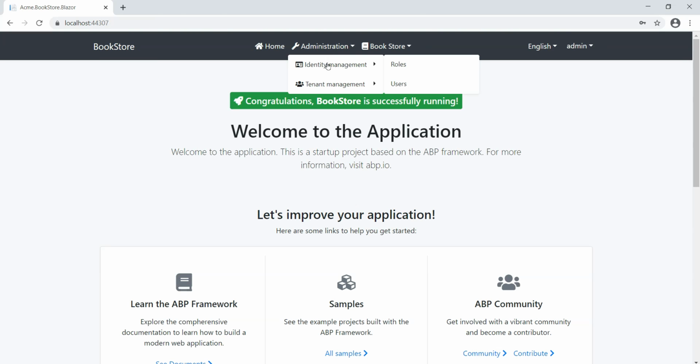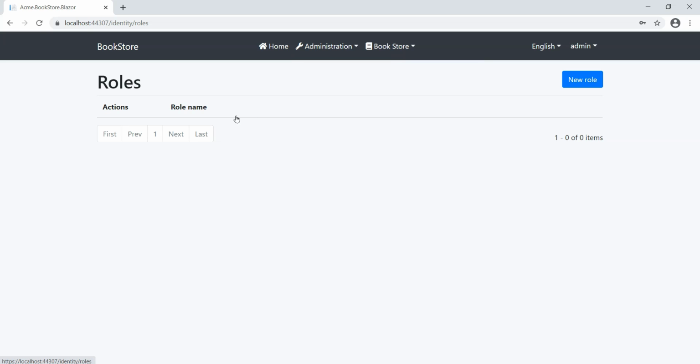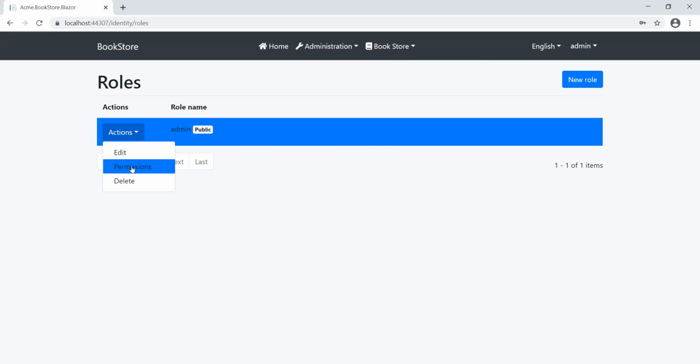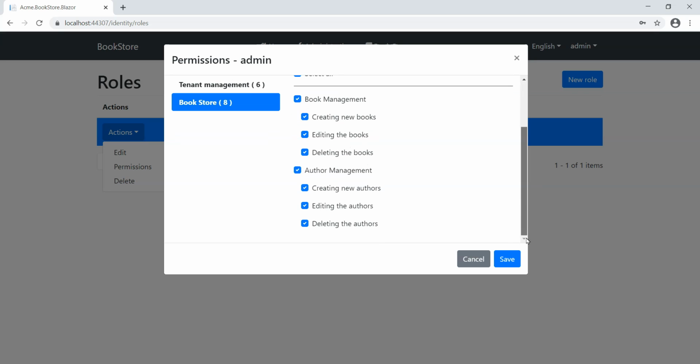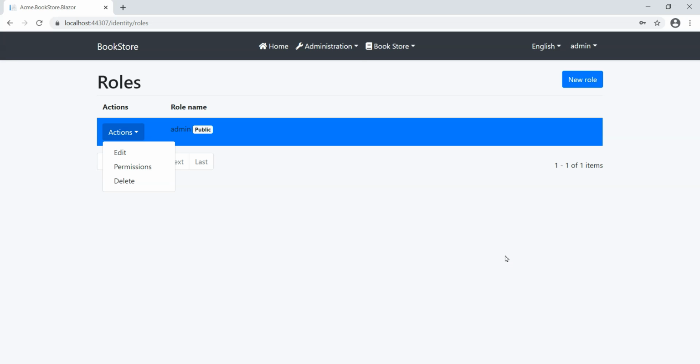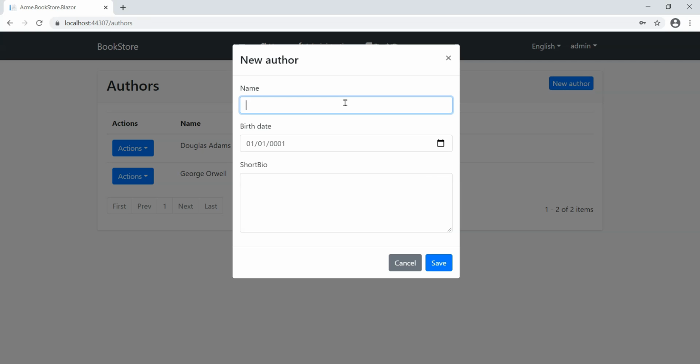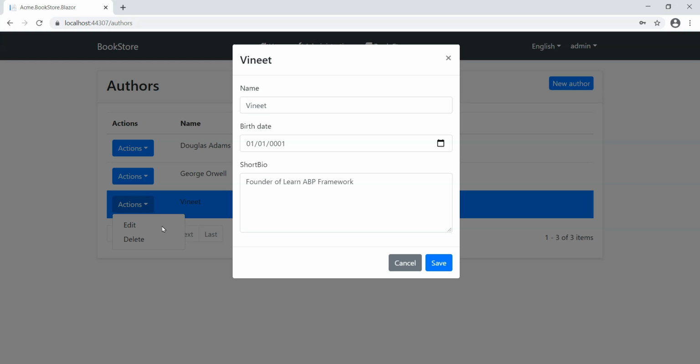We'll navigate to the identity/roles page, click on the Actions button and select the Permissions action for the admin role to ensure that we have author management permissions. If we don't, we will grant them to ourselves. We'll now navigate to the author screen and try and add, update and delete authors to test out the functionality